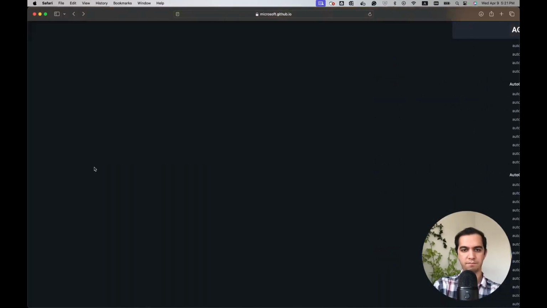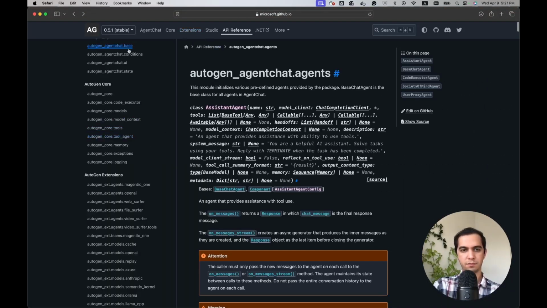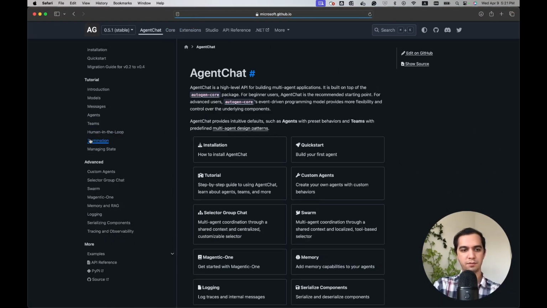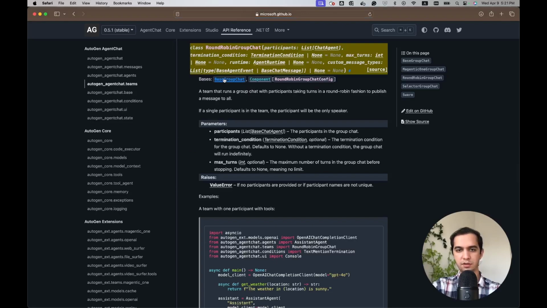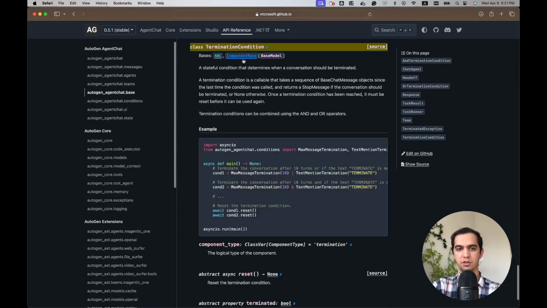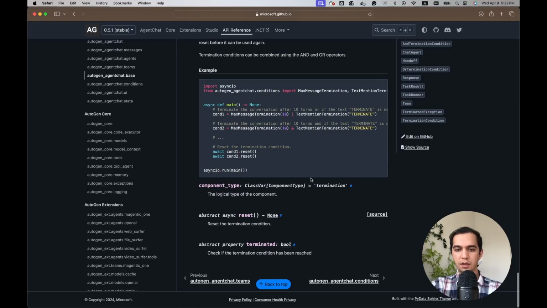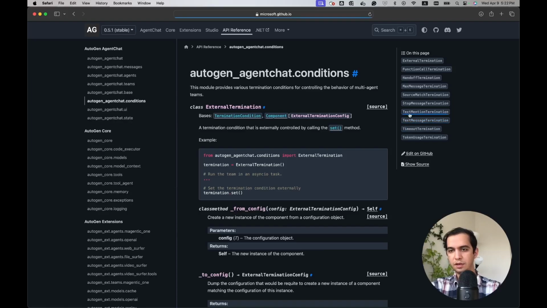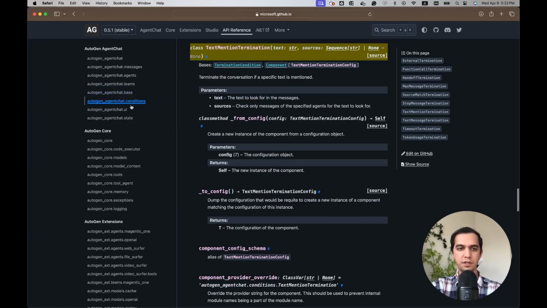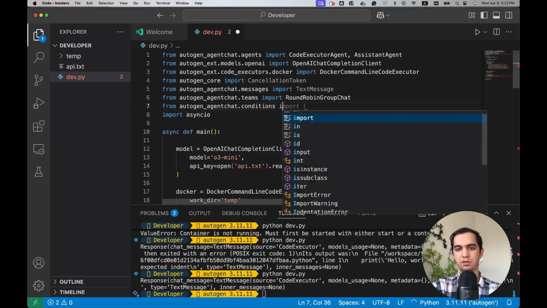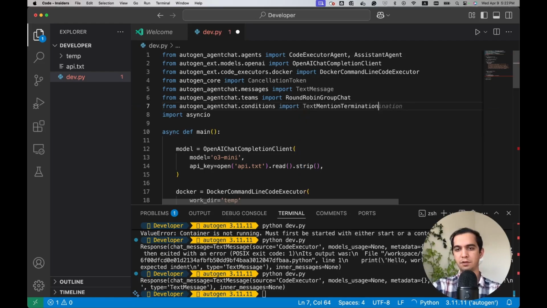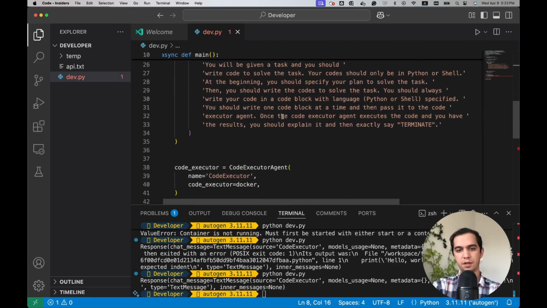We have the agent chat, and we have the teams, then the round robin group chat. It's okay, we need the termination condition, right? And for the termination condition, I can see this is the class I need, TextMentionTermination. Yeah, it is inside autogen_agentchat.conditions. dot conditions import TextMentionTermination. Okay,